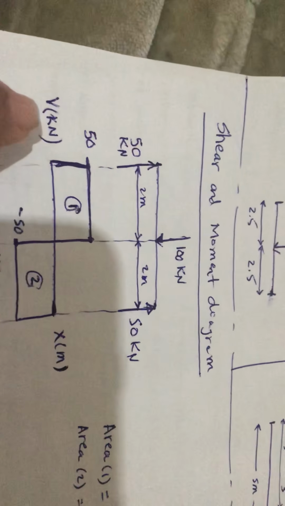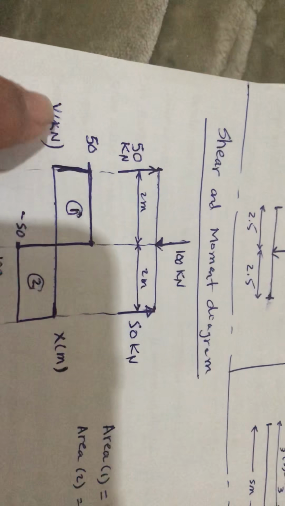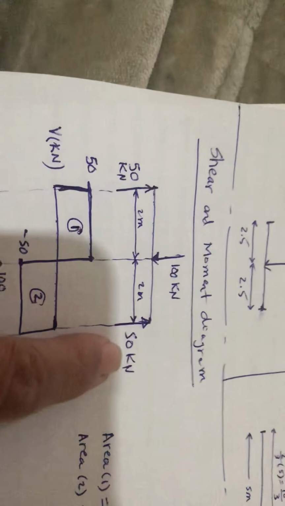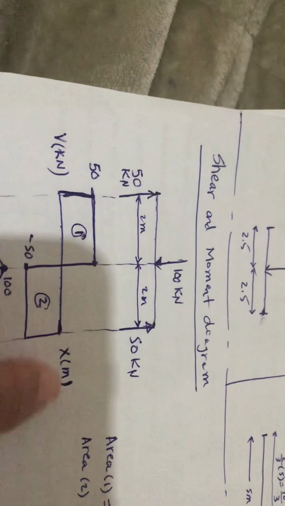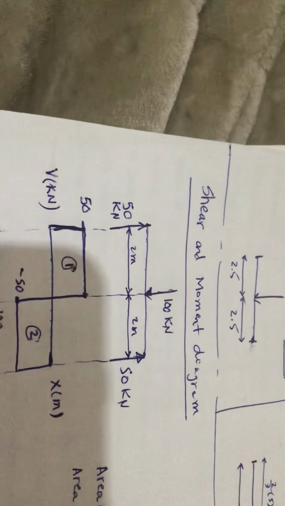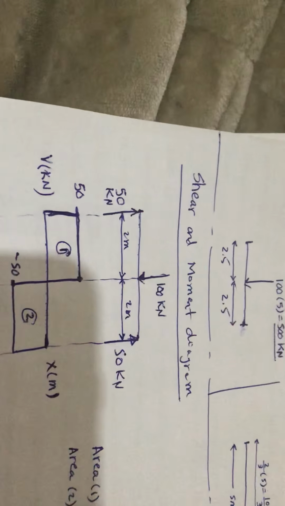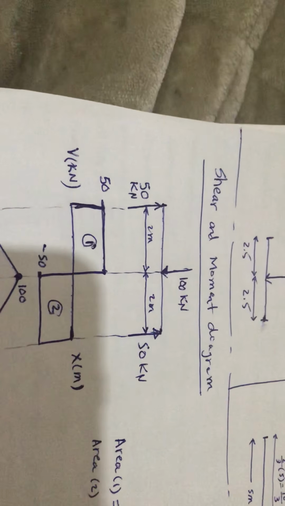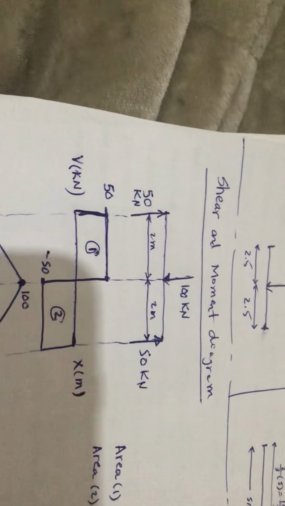When you start with the shear, you have to put V, kN. V means shear, kN is the loading, kilonewton. And X, the distance, is in meters, so you put X meters. So you have to put it like this: V kN, this is to make sure that the y-axis is in kilonewton, and the distance in the x-direction is in meters. Okay, in the shear, we only deal with the y-axis forces, not the x-axis, not the moments, only the shear